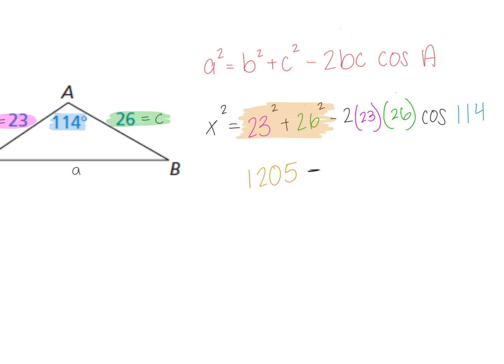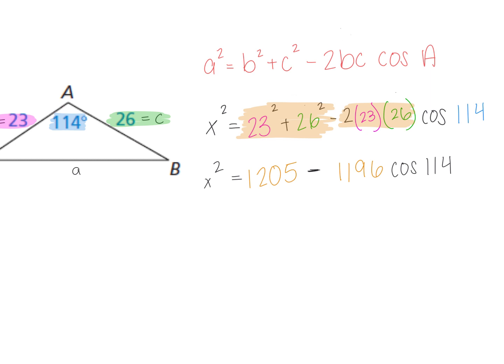So you should be plugging in 23 squared plus 26 squared. You should get 1,205. And then another thing I can easily solve is right here. Keep in mind I'm keeping my sign, keeping that negative sign or the subtraction sign. Solving this piece, 2 times 23 times 26, you're going to get 1,196. And then I'm still keeping everything else. Cosine 114